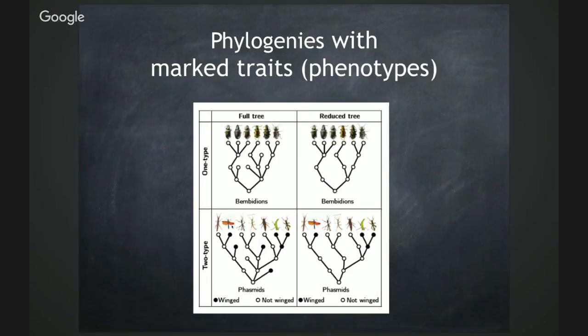And then the bottom tree is a two-type process, where one can see by the coloring of the nodes that some of the species are winged and some are not winged, so that each branching node is dependent on which type the parent node is of. So both of these, this would be the model that one typically looks at in terms of neutral evolution, and these would be the models that one would have to use multi-type branching